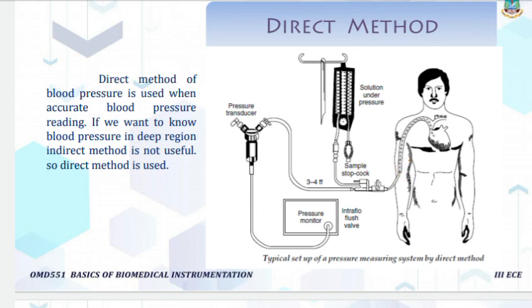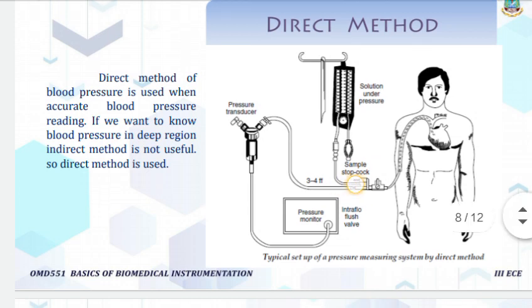So from this blood vessel, blood is taken using the catheter tip. Here we are using one catheter tip probe sensor, a sensor mounted at the tip of the probe. The pressure exerted on the tip is converted to the corresponding electrical signal in the fluid filled catheter type.